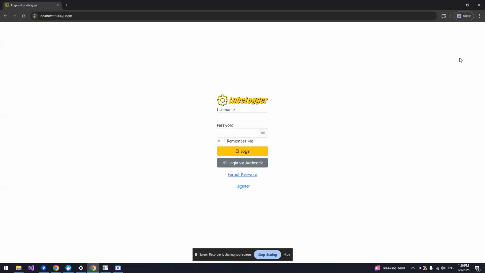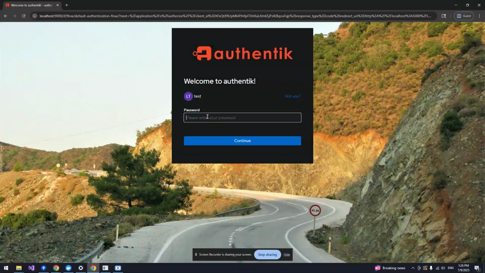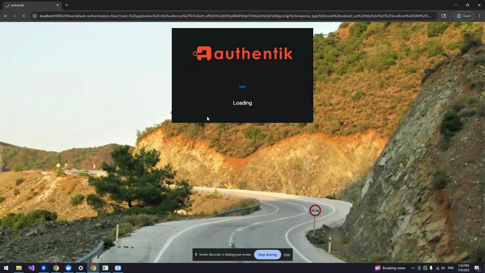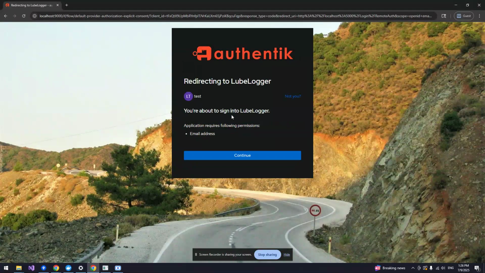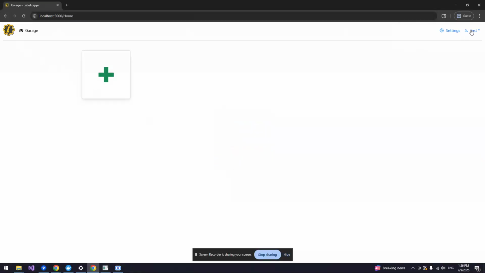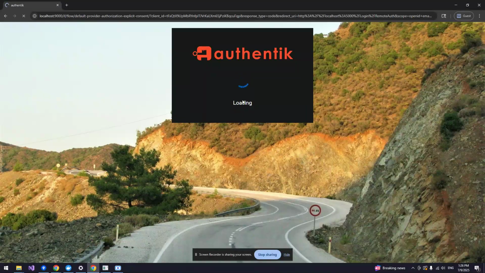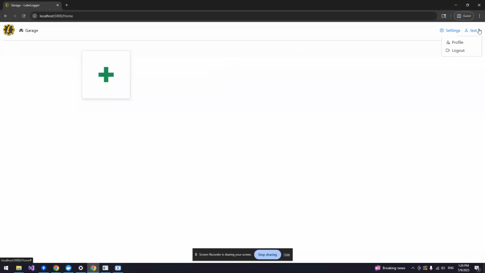and I will log out, click login via Authentik. And here I can do tasks and log in. And this will tell me I'm about to sign into LubeLogger and requires the following permissions. I click continue. I'll just paste my token in here and change my username to task, click register. And now I'm logged in. And if I want to log out, I'll click this one,